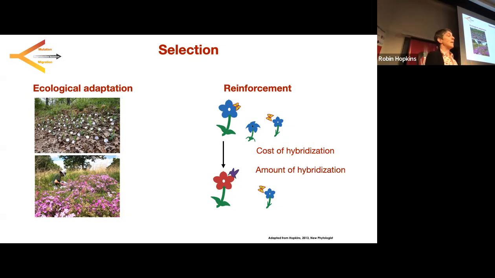The other important aspect that goes into determining the strength of selection is the amount of hybridization. If the species don't hybridize much, we don't need to stop it. If they hybridize a lot, that generates a lot of selection to reduce hybridization. And then the amount that any new trait, in this case this change to a new pollinator, actually decreases hybridization is directly related to the strength of that selection, right? So these two aspects of understanding selection are really important for understanding how reinforcement works.